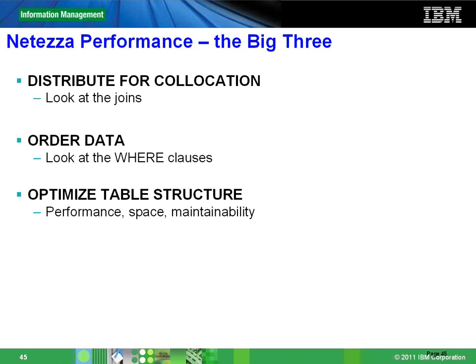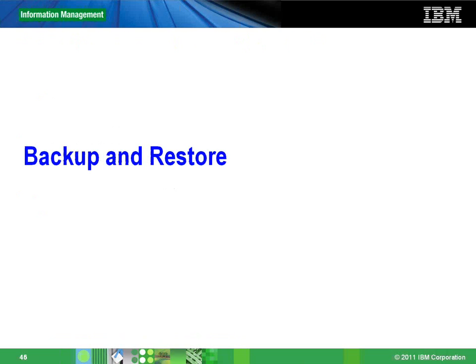Bullet number 3 talks about optimizing table structure, where you keep your table groomed, update your statistics, and make sure that you're doing the basic maintenance on your schema and data. So these are the 3 main things that you need to watch out for when you're a Netezza user. Unlike the 10,000 other